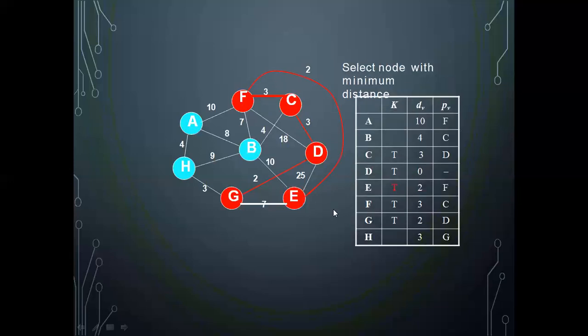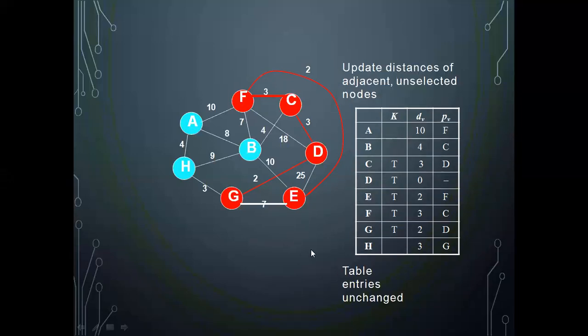So I am adding F to G, that is the minimum one. Now from E, I should check, is any edge present? E to B, one edge is present. Remaining all connections from E are already part of the spanning tree. But E to B weight is 10, and the value existing in B's column is 4. So no need of any updation. The table entries are unchanged in this state.